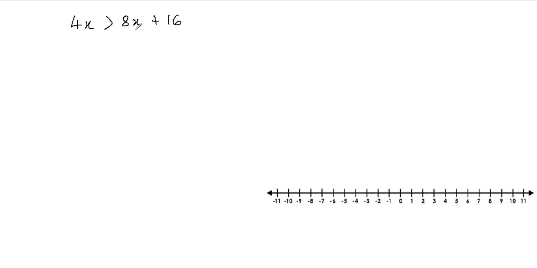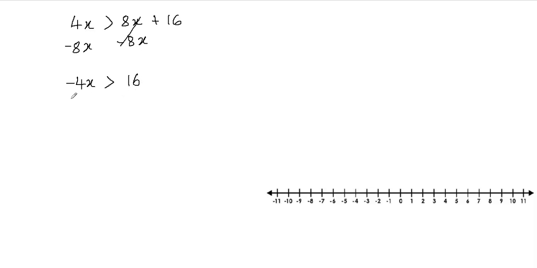First of all, I'm going to bring the variable terms on one side, and I always like to bring my variable on the left-hand side. So I'm going to eliminate 8x from the right-hand side. To eliminate 8x, we'll just have to subtract 8x from both sides of our inequality. So I'm going to subtract 8x from both sides. This will be 4x minus 8x, which gives me negative 4x. I have the greater than sign, and then 8x minus 8x will be 0, and I'm only left with 16